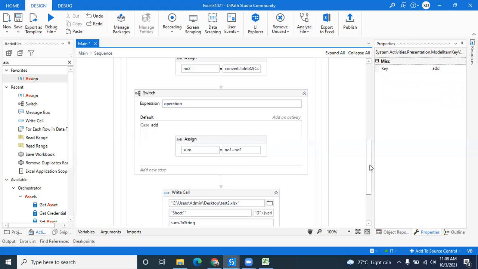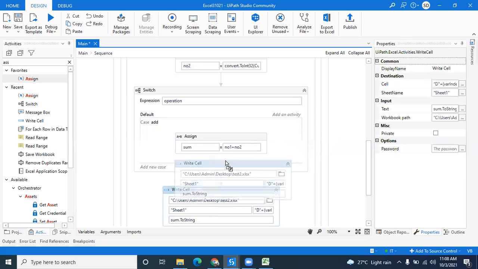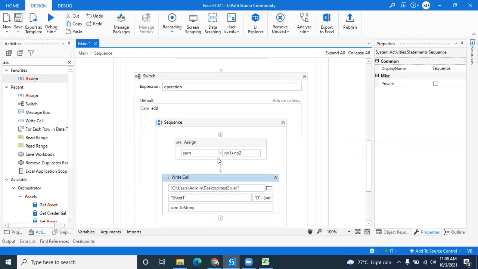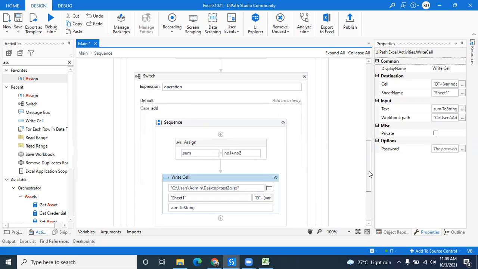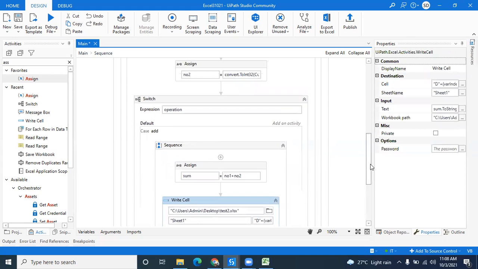If it is addition, then it should write sum equal to number 1 plus number 2, and it will respectively write in the Excel file. Understood what I'm doing?